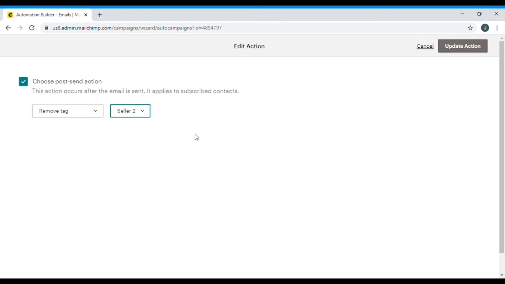So at that point, somebody's filled out both forms, we have all the information we need from them, and so with the seller 2 tag, we actually send them an email immediately, just to say, hey, thanks for filling out the information, we'll be in contact with you shortly about your property. So what I would do on that second email, on the seller 2 email, is do this exact thing, remove tag, and I would actually remove the seller 1 tag from their contact,